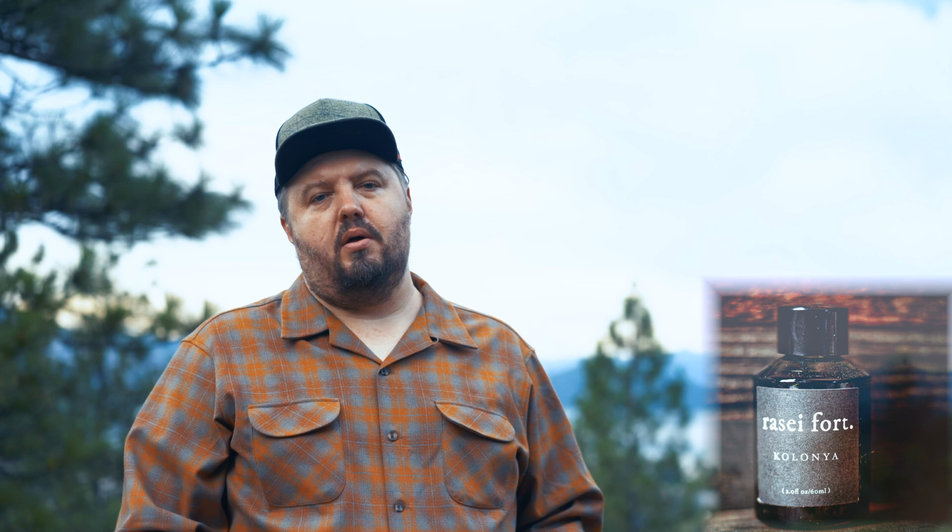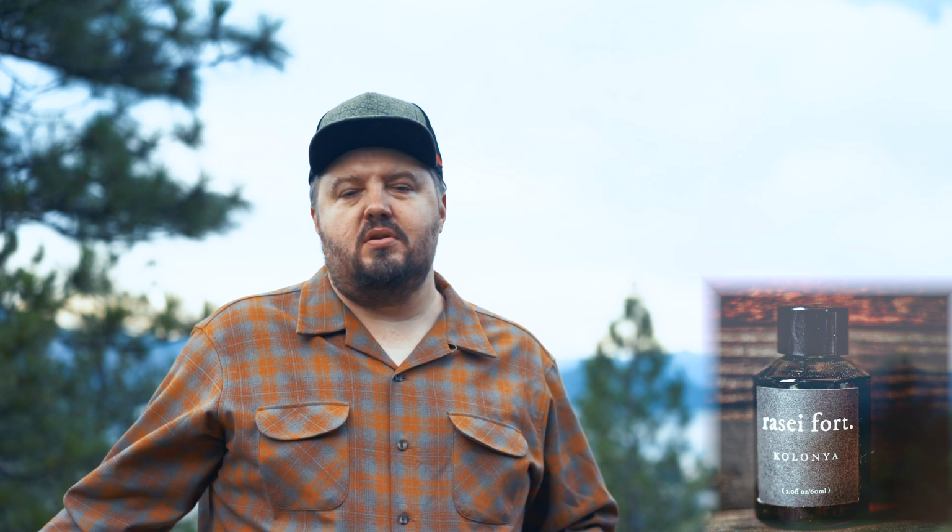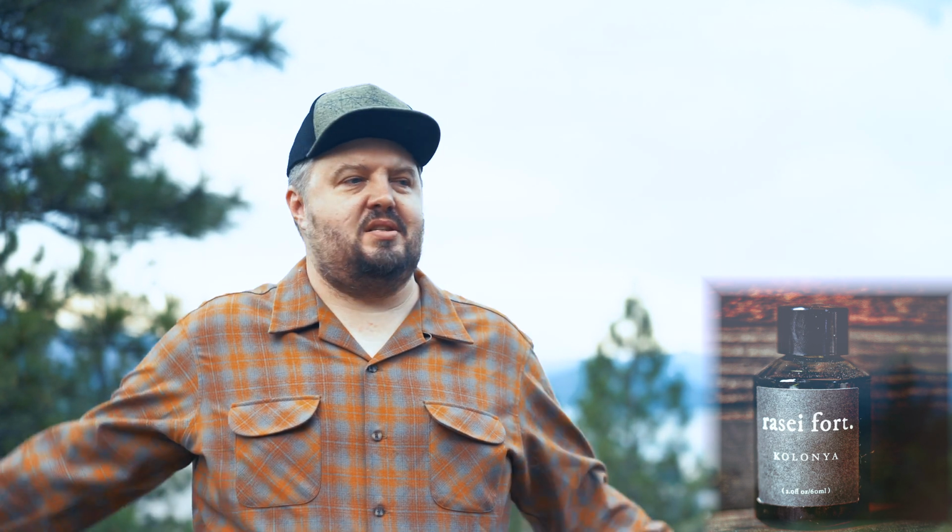Application is the absolute key to this fragrance to pull all of that out and get the full enjoyment of this one. Just right now, as I move my hands closer, because that's where I splashed on, I can get different whiffs from where I put it on my beard and my neck, even while I'm talking, and then I just put my hand up, and just a total powerhouse whiff. You just have this scent bubble